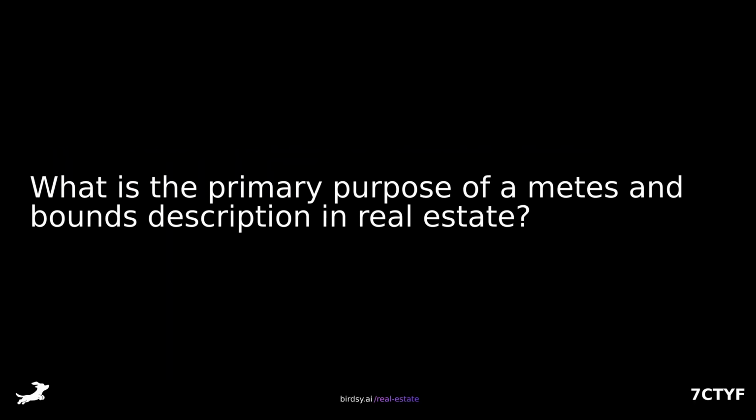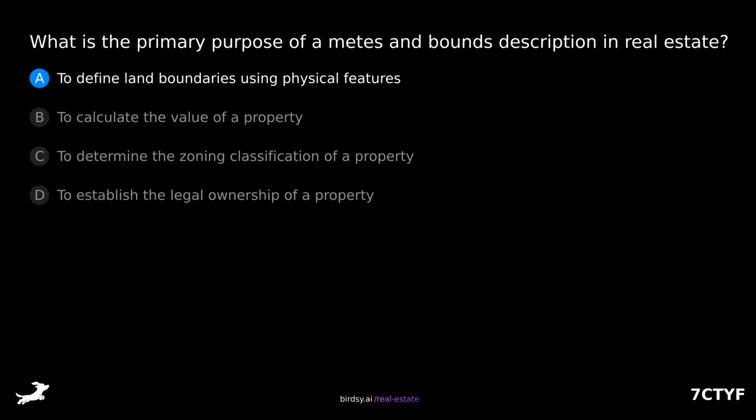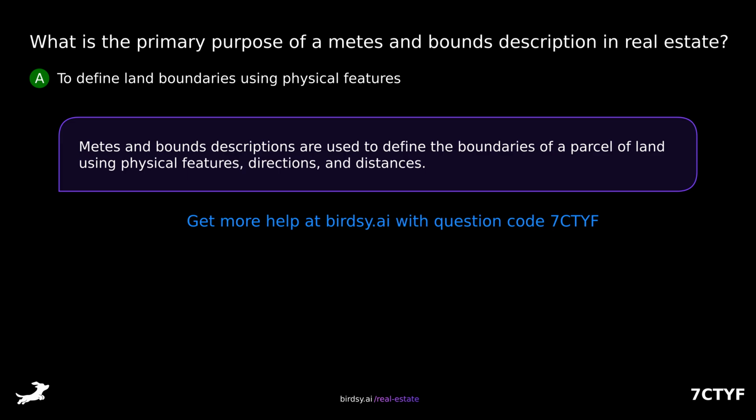What is the primary purpose of a metes and bounds description in real estate? Is it A, to define land boundaries using physical features? B, to calculate the value of a property? C, to determine the zoning classification of a property? Or D, to establish the legal ownership of a property? The answer is A, to define land boundaries using physical features. Metes and bounds descriptions are used to define the boundaries of a parcel of land using physical features, directions, and